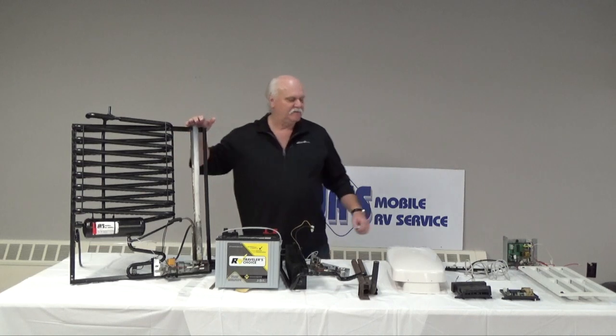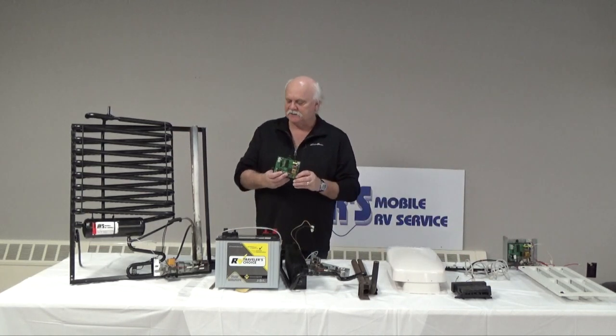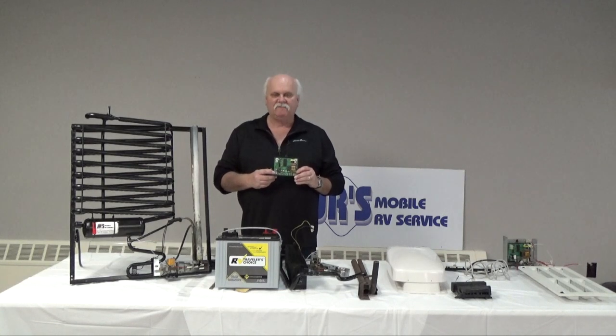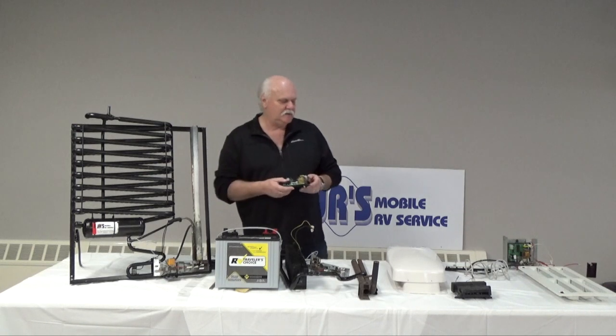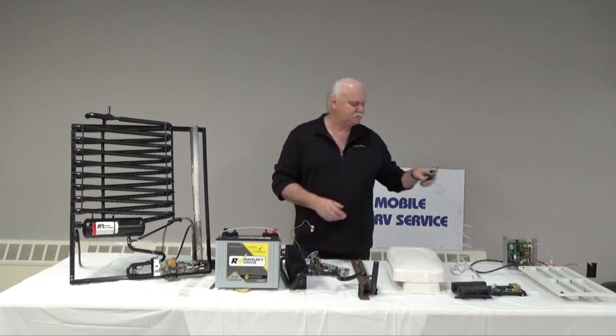They also have safeties built in them. This is a circuit board. They also have safeties built in them that if the battery voltage got down below 10 volts of DC power, it will go into a safety or a lockout so as not to damage your circuit board. So with that all being said,